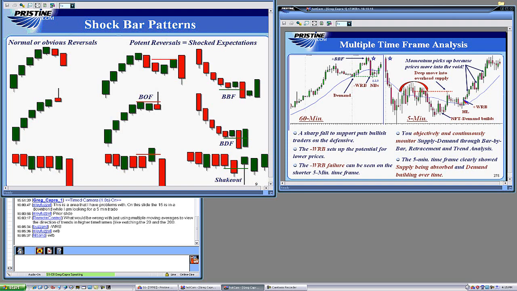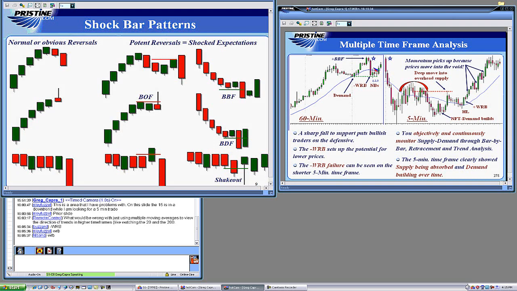So I can see how demand is picking up here. And of course, once it starts to move up like this, odds are it's going to continue to move up, because wide range bars, as I said, are multiple bars moving in a smaller time frame,